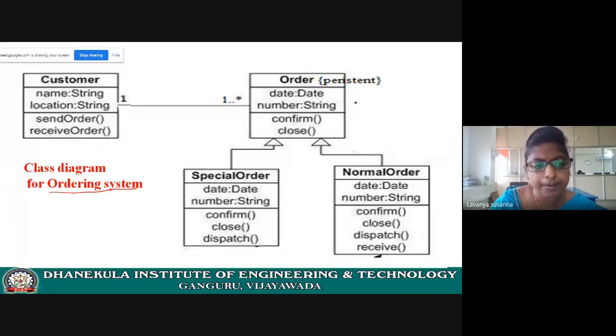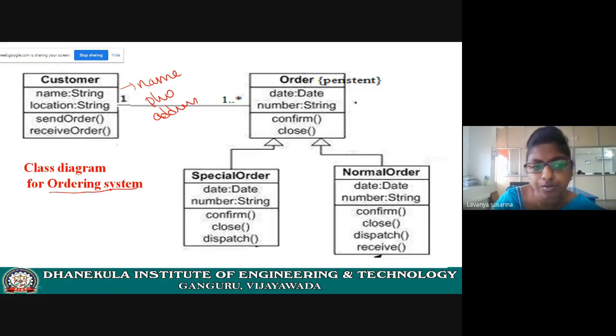Now see here, who is interacting with this system? Customer, right? So take a class of customer. What are the attributes that customer will have? Some name, phone number, address. See, no need to learn all these things by heart.